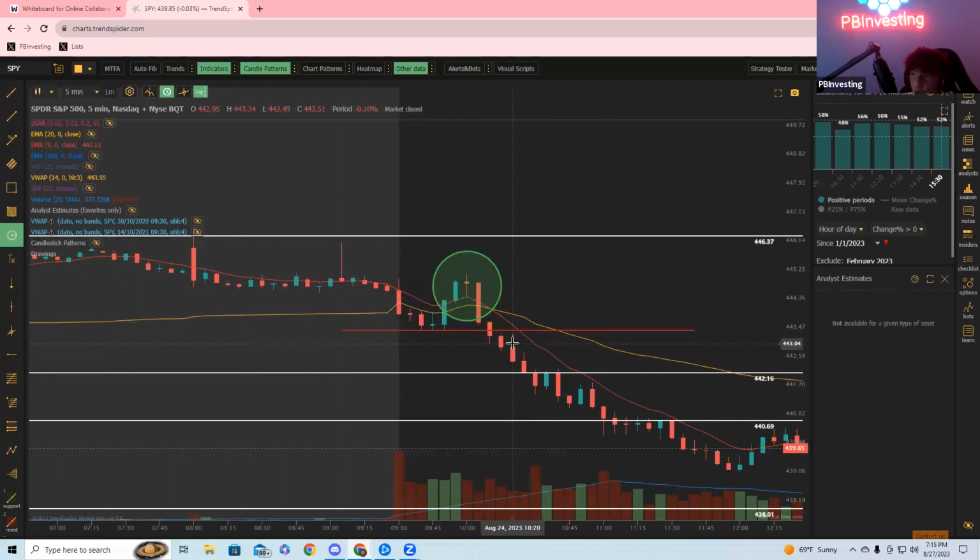Now what we're going to watch for is a 5-minute tap. So look, we're going down, right? Once we break below a low of day and create a new low of day, what you want to see is a retest of the previous low of day. So look, right here, we got a retest of the previous low of day. The previous low of day was